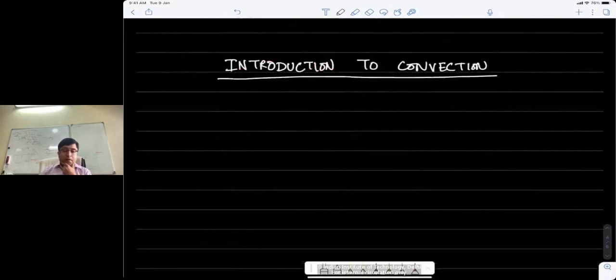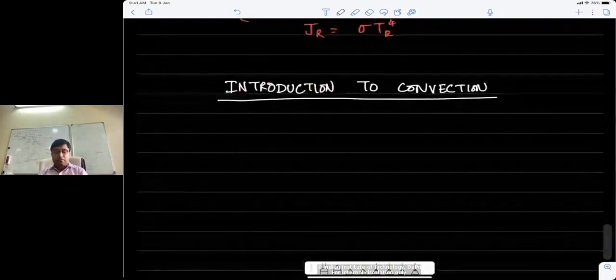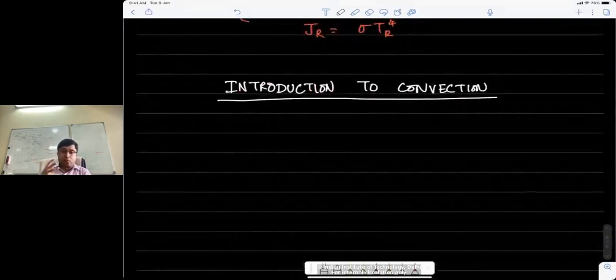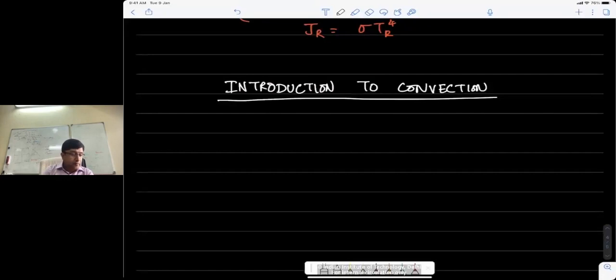So remember, I mentioned convection when I first started in the introductory part. Convection is a mode of heat transfer which happens because of bulk motion of fluid particles. So that is the essential philosophy that we will be following. Second thing is, why are we studying convection? There are two reasons. One is, of course, we want to understand the physical mechanisms governing how a bulk flow of fluid particles can carry away heat from a surface. That is one part, and that is what we will do in the early part of this module.